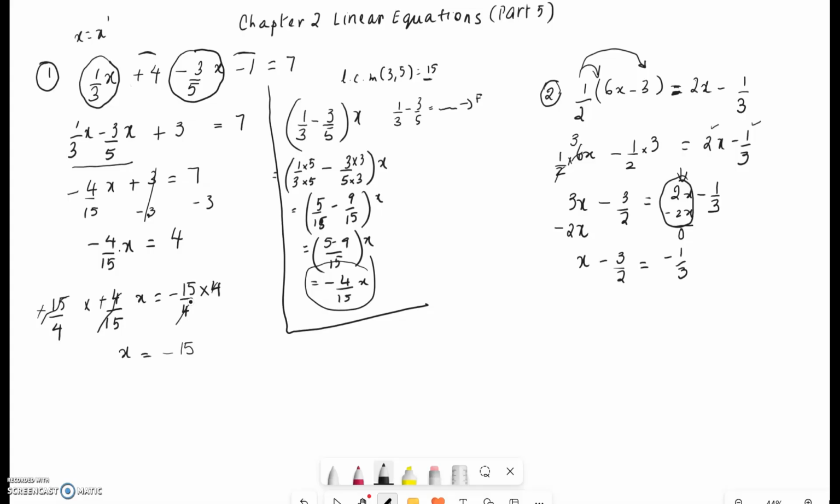And now I have to solve for x. I'm going to add 3/2 on both sides. So x is equal to, and the reason why we added 3/2 on the left was to get rid of the 3/2 on the left, and then we have to do the exact same thing on the right. Negative 1/3, I'm sorry, plus 3/2. So x is equal to